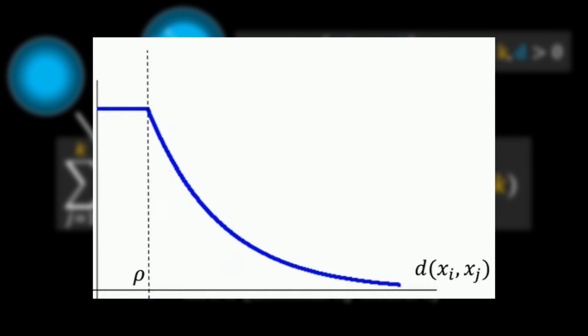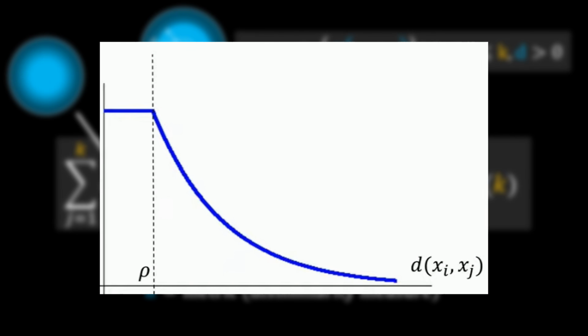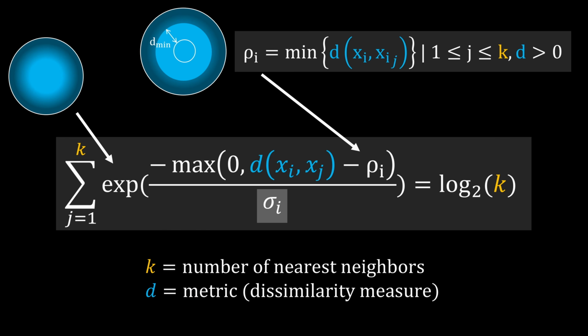It's also possible to visualize this distance function, which you can see here. Finally, sigma i is a normalization factor that allows to control the intensity of the decay. If we now sum over the decayed distances to all nearest neighbors, we roughly want the ball to capture the probability mass of log2 of k. There's not much information in the paper why log2 is used, but I read on GitHub that empirically this